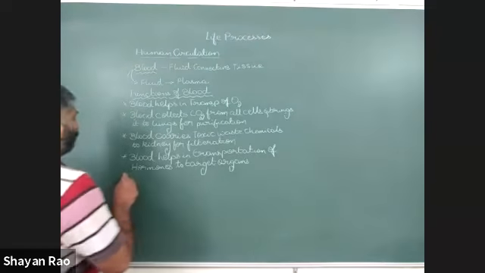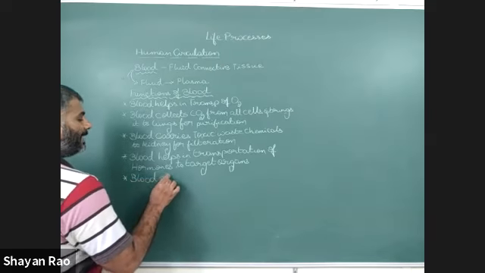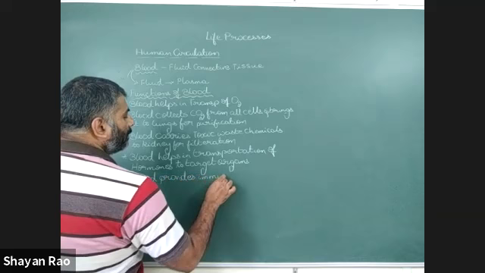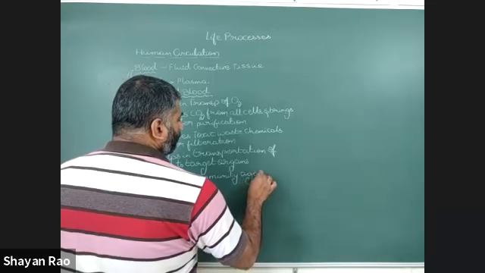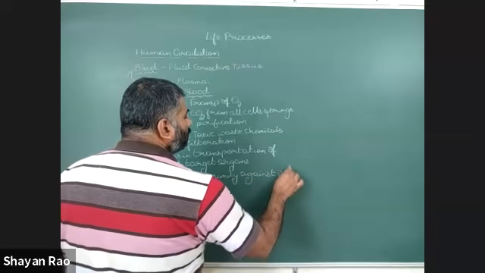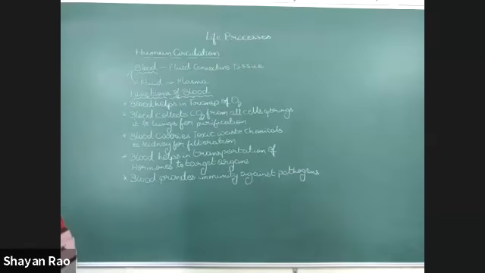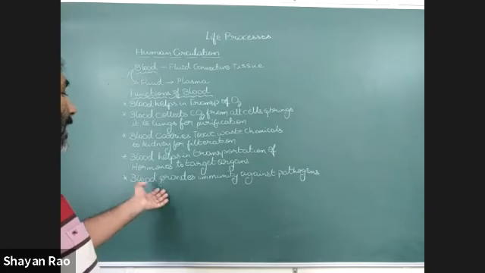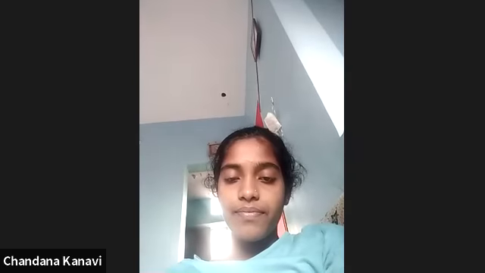Okay. Next, another important function is that blood provides immunity against pathogens, because it has the presence of WBC. WBC produces antibodies against the antigens of the pathogens. That's why it provides immunity against the pathogens. Is that fine? Then,